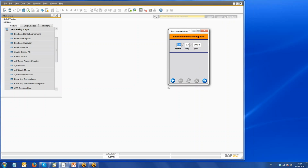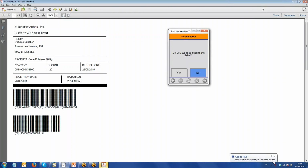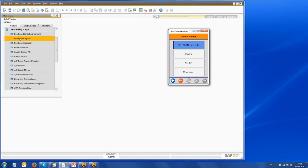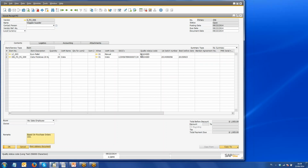So here it says, okay, enter the manufacturing date of this product, and it also asks me to enter the country of origin. Okay, and then it specifies the packaging type. So it is a crate, and so 20 crates on a pallet. So I say it's one pallet. And the system will again now create the goods receipt label. Okay. Again, if we go to the goods receipt, you will now see the crates that we have received